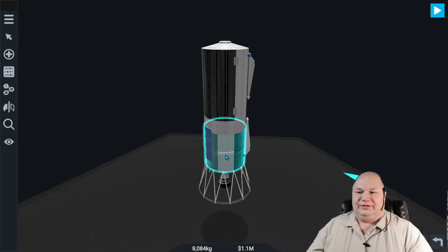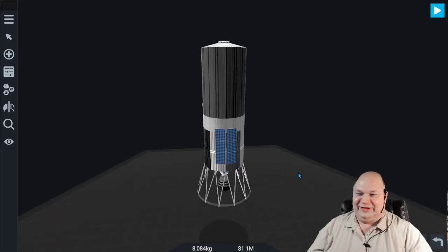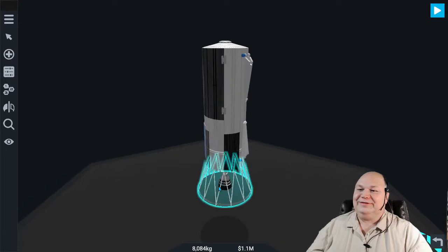Fuel tank, and then it took forever for me to find the batteries. Turns out a battery is just a fuel tank with electricity in it instead of fuel. It took me a second. Actually, it took me a Google. Longer than a second. It took me a Google second, meaning I Googled it, however long that actually takes. So since that takes all sorts of electrical power, we have some solar panels on here, and so our